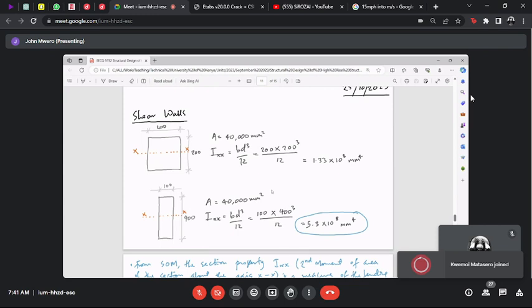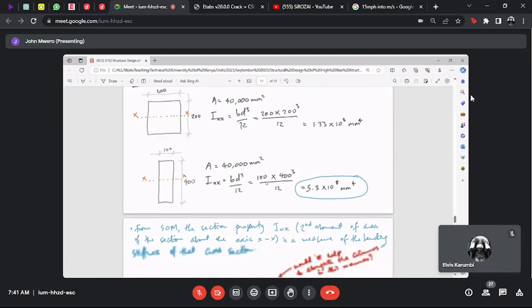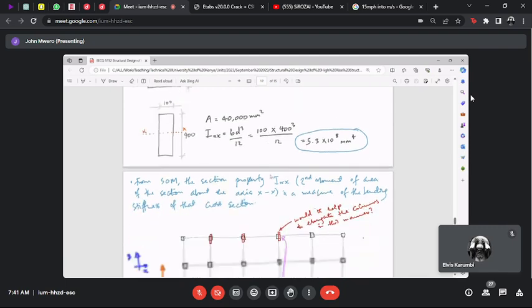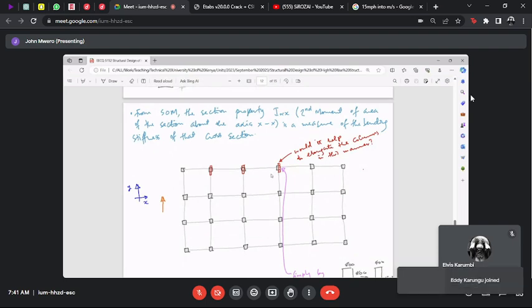And we saw that though the cross-sectional area is same, the second moment of area becomes significantly different just by changing the orientation. And from that, we say that just by